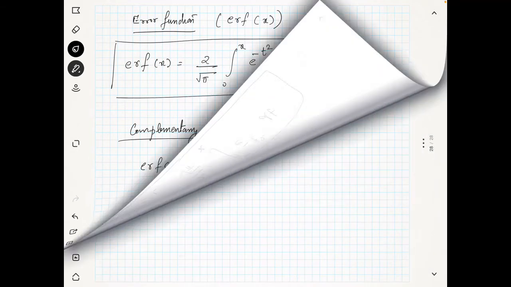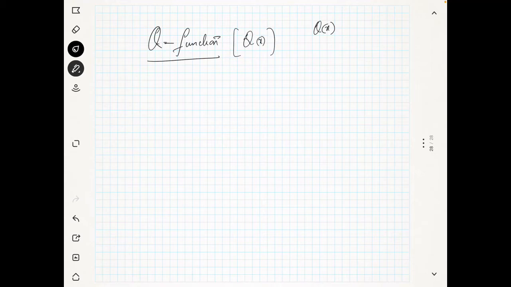And there is one more function which is known as the Q function, okay. It's a very, very important function. A table is available, a Q of x table, in many textbooks. You can find what is the value here, let's say x1, then it's Q of x1, like this. Also a chart is available. So Q of x1,